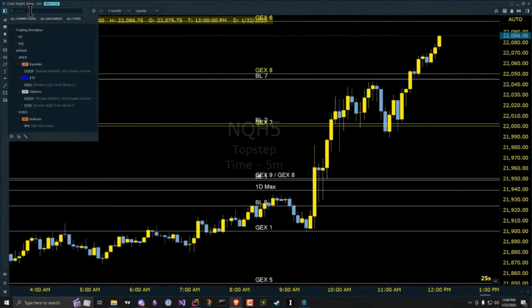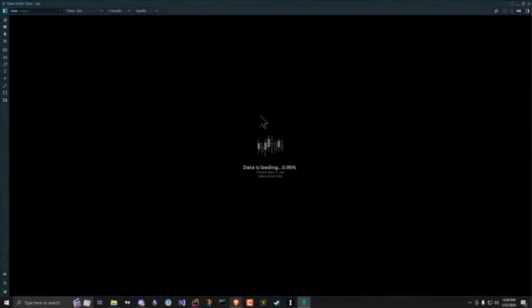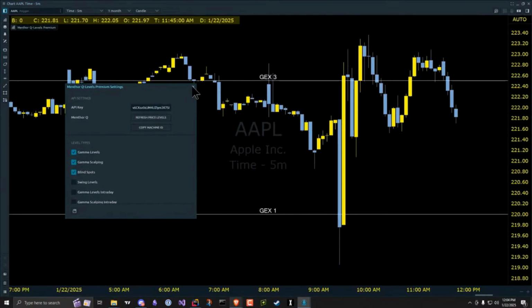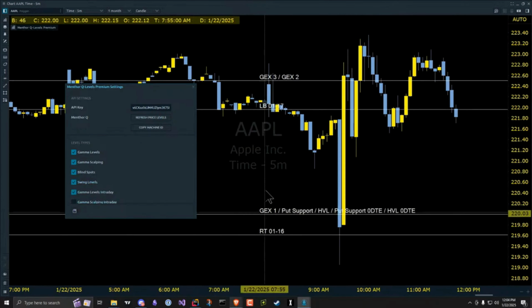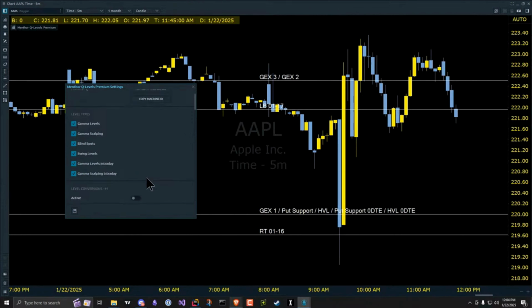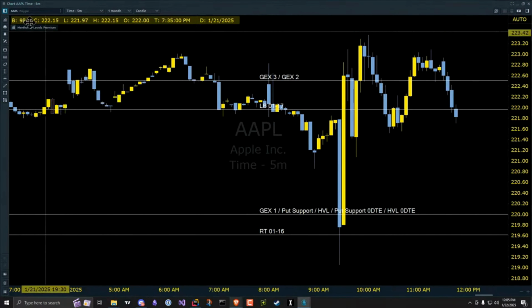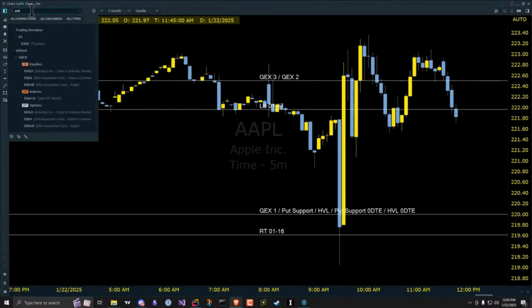You can also go into, say, Apple, which I have available here. If I pull up Apple, that will refresh the levels. That will show Apple levels as well. I can show the swing levels for Apple. So I'll just turn everything on so you can see an example. And so that will pull all the levels from the MenthorQ API for you automatically, so you don't have to plot anything yourself. And so if I go back to, let's say, ES,